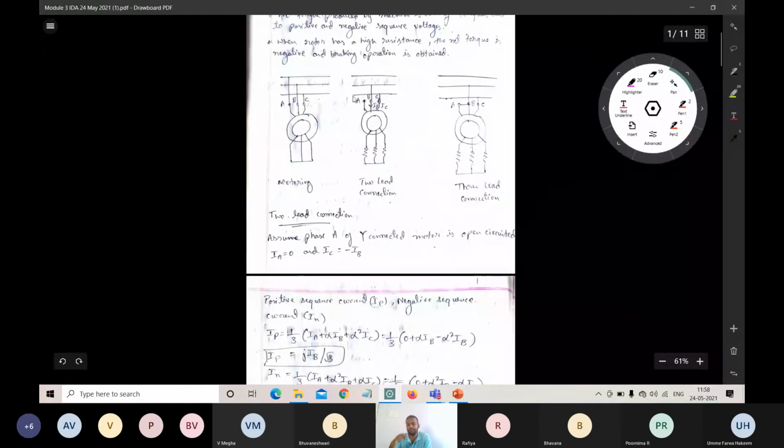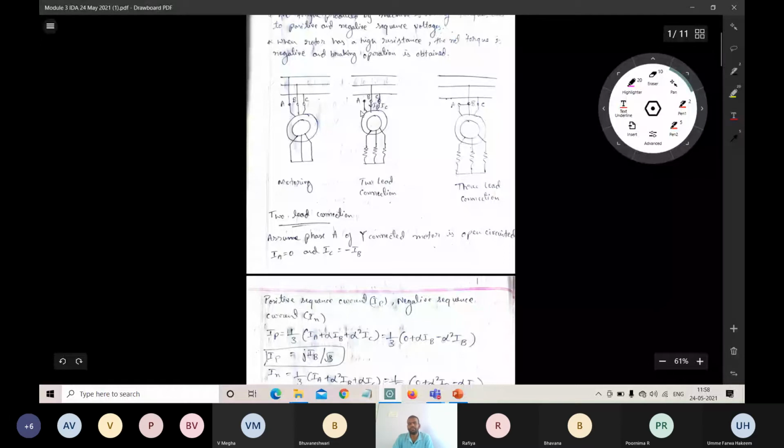If the circuit is closed, then the supply current flows. Since the circuit is open, there will be no flow of current. Just basic common sense: whenever the circuit closes, only then does the current flow. This is the first basic thing that we studied in our circuits. So IA is equal to 0 here, and IB is equal to minus IC, or IC is equal to minus IB.